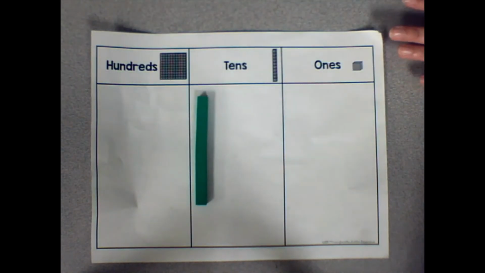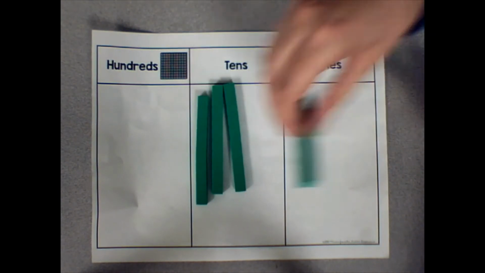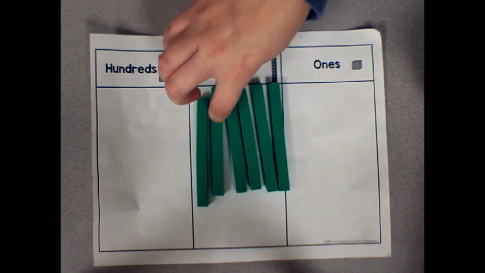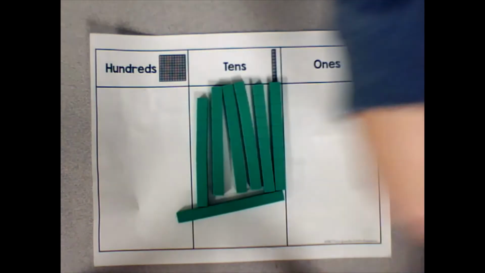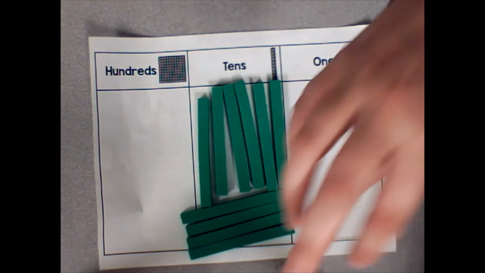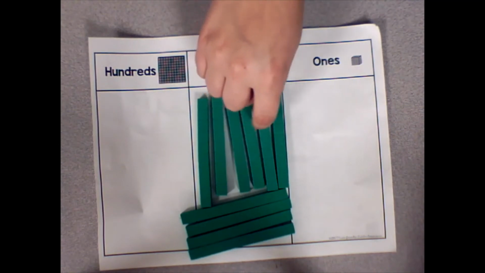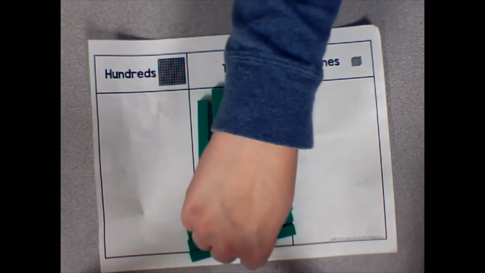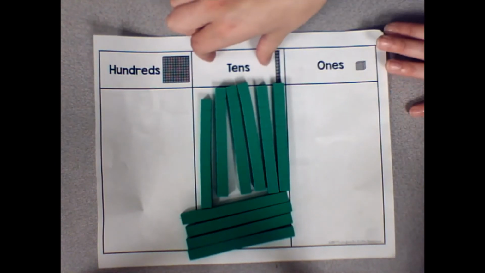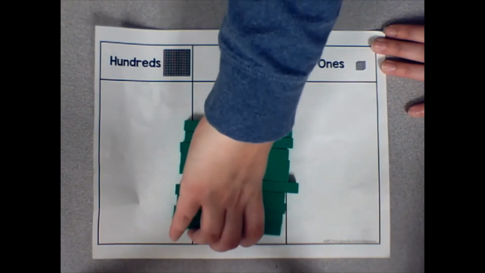So I can do the same thing with tens. So I'm going to have to squeeze them in here. I might have to put some at the bottom. So if I have 1, 2, 3, 4, 5, 6, 7, 8, 9, 10. Now I have 10 tens. Well, if I count that, 10, 20, 30, 40, 50, 60, 70, 80, 90, 100, that's 100. That's a 3-digit number. I can't keep that in this place. So once I get to 10 tens, that's the same number as